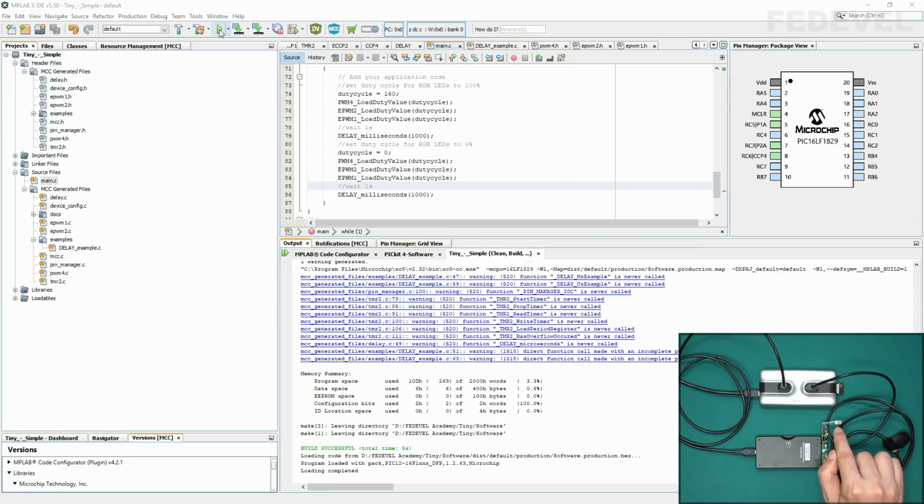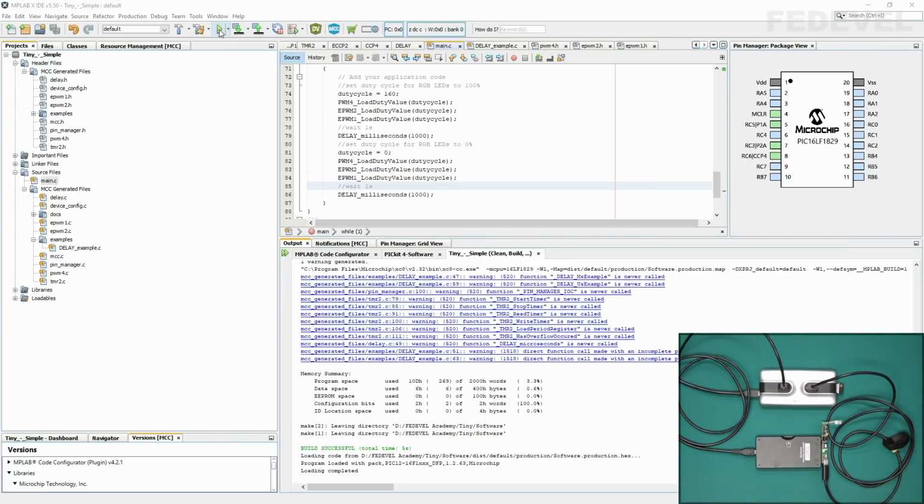We switch on the red, green and blue colors at full brightness, and it means when these three colors mix together, they will create white light. So this LED should switch on, the light should be white, it should stay on for 1 second, then turn off for 1 second, and then this should repeat.